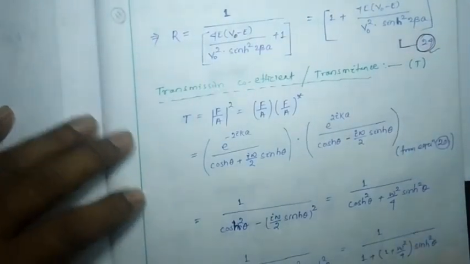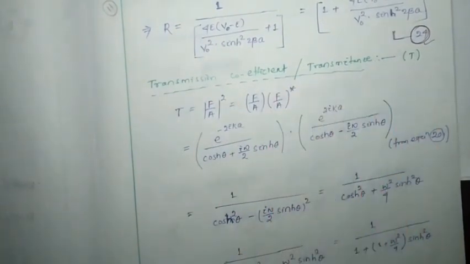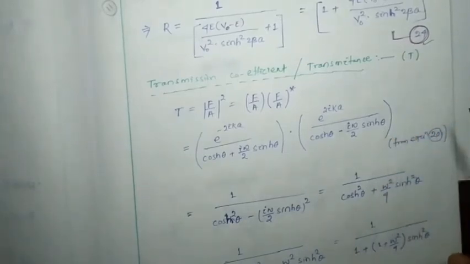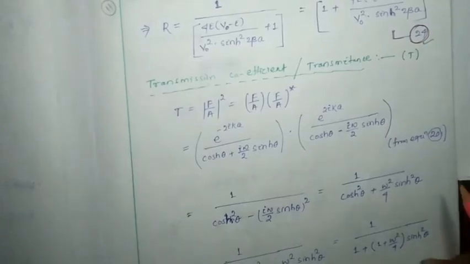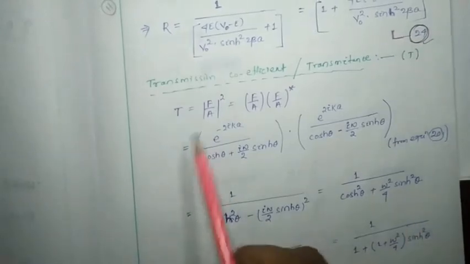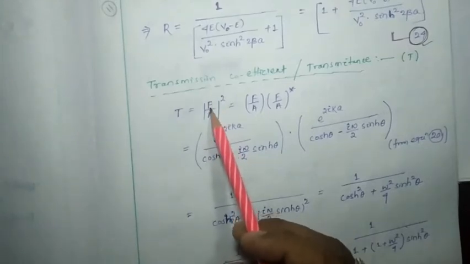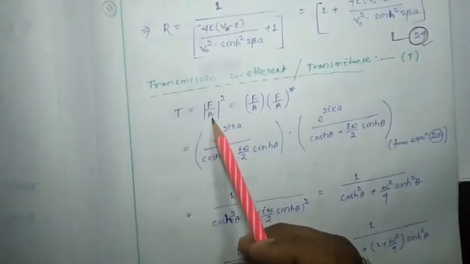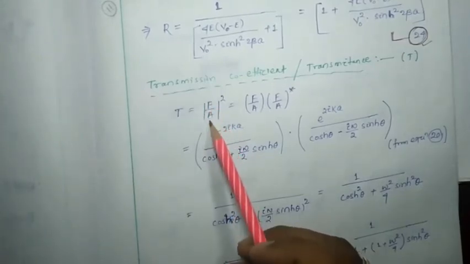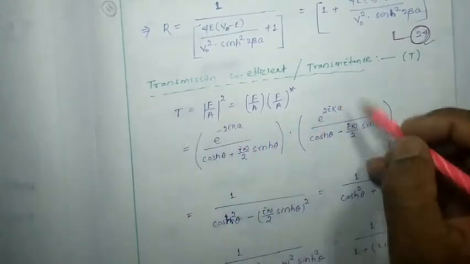Now we are going to calculate the transmission coefficient, or transmittance, or the probability of finding the particle in the form of transmission. How much can we find of the transmission probability density? Okay, so we are going to consider f by a, where the amplitude f belongs to transmittance and the amplitude a belongs to incident. So it is the amount of transmittance with respect to incident. So f by a is considered.